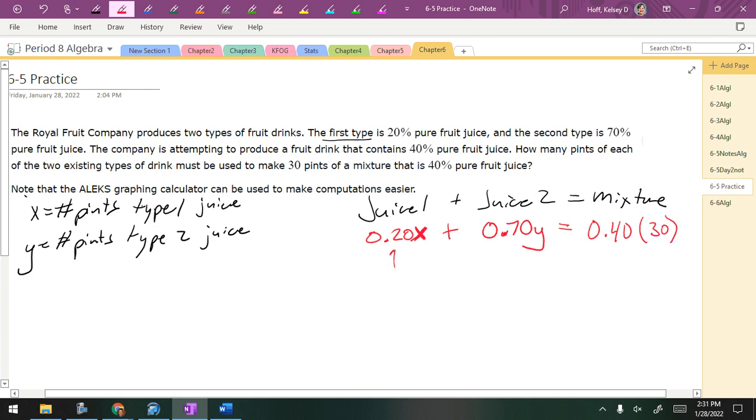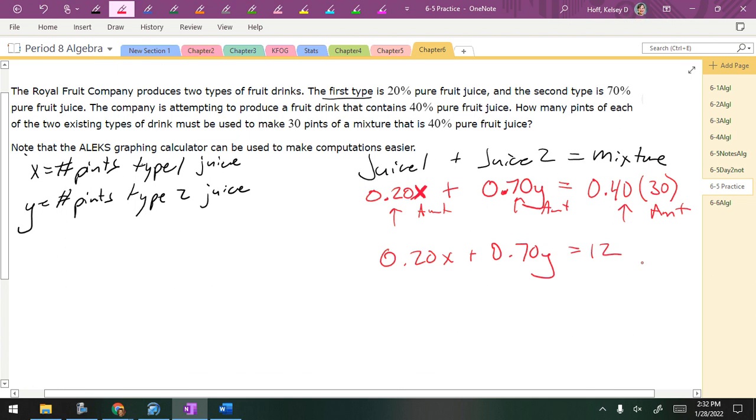So this is like the percentage and then the amount. Percentage and the amount. Follow me? So really this is 0.20x plus 0.70y equals